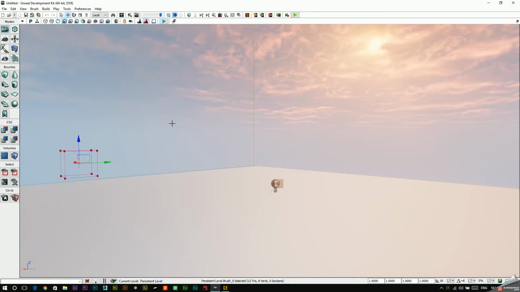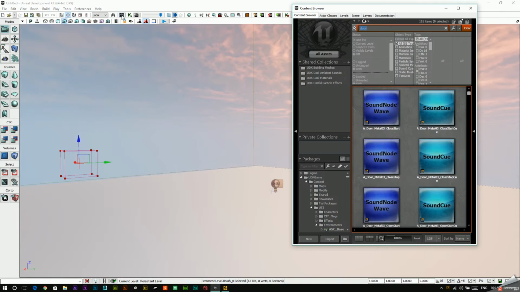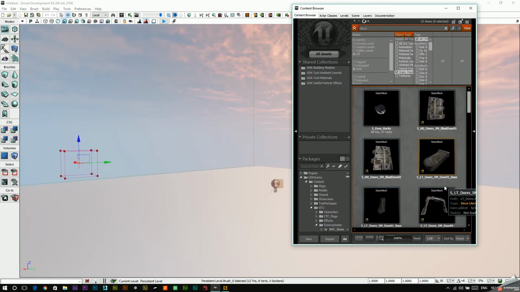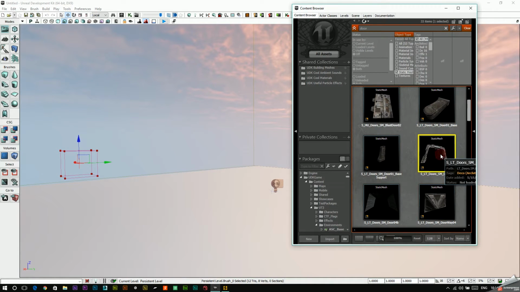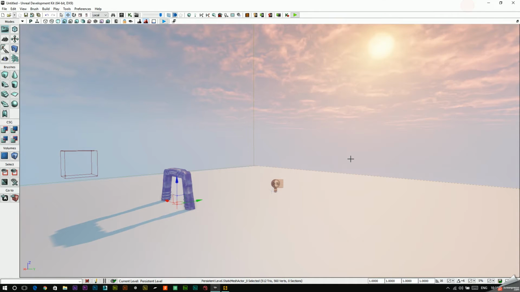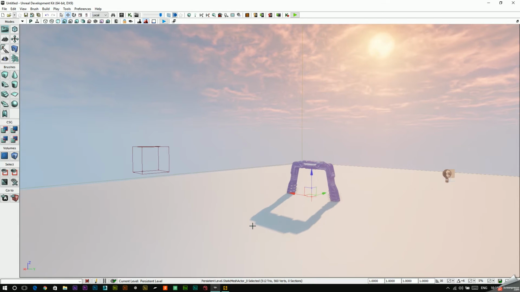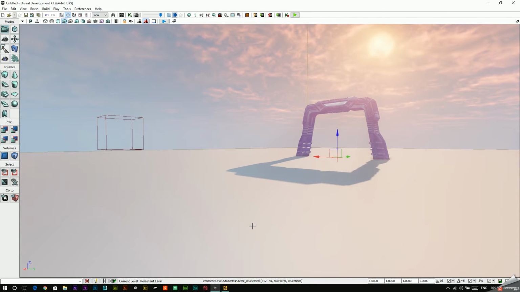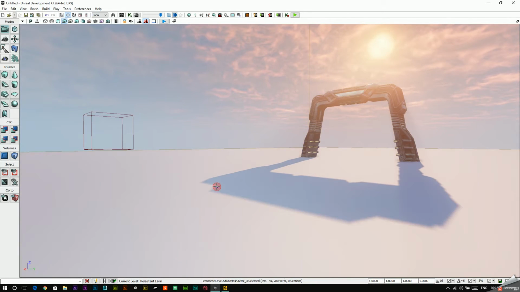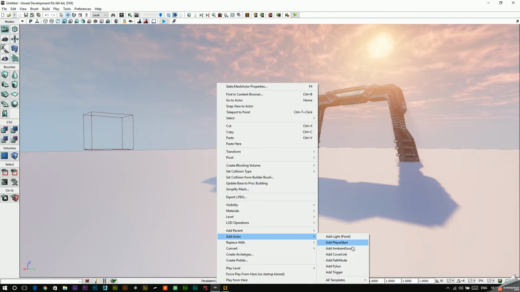Now I'll press Ctrl Shift F or go to the content browser over here. Come back to static mesh doors, and this time I'll choose this one and bring it in the plane. Now I'll get close to this. I'll place a trigger over here. Add actor, trigger,